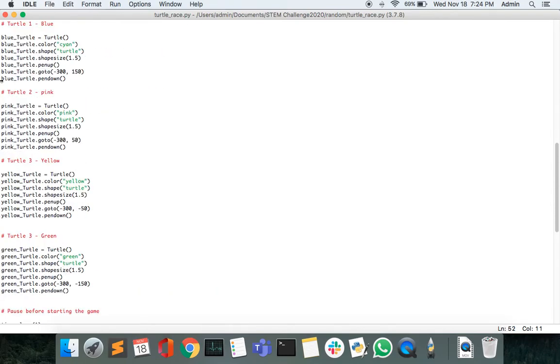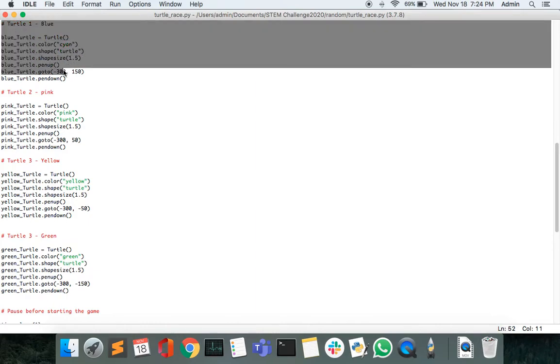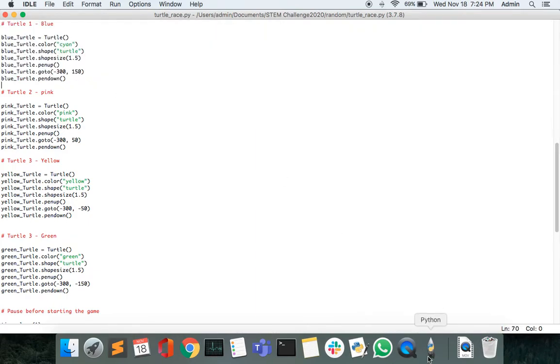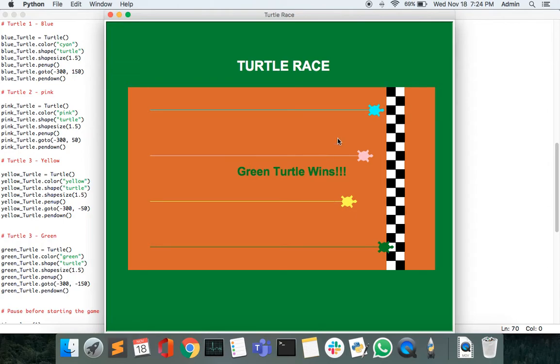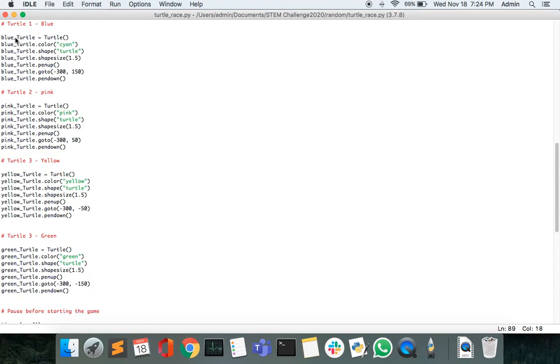And then this code here, this is for the turtles that you see as players. You can think of them as players, these guys here. So we're defining the blue turtle as turtle, and then we're setting the color of the turtle to cyan, which is a shade of blue. And then this here sets the shape of the turtle to turtle, and then this sets the size of the